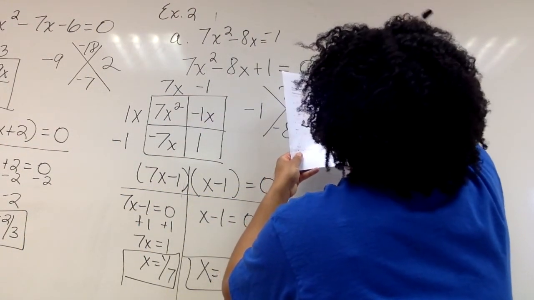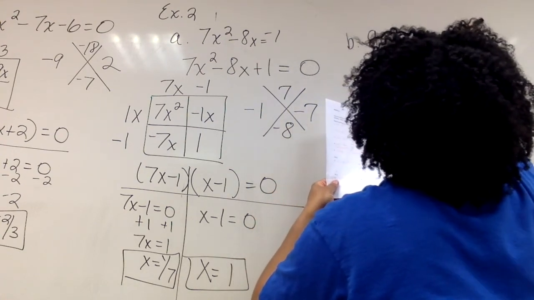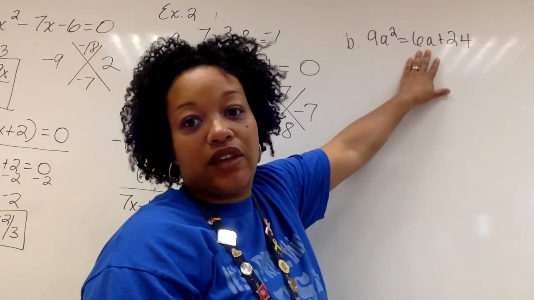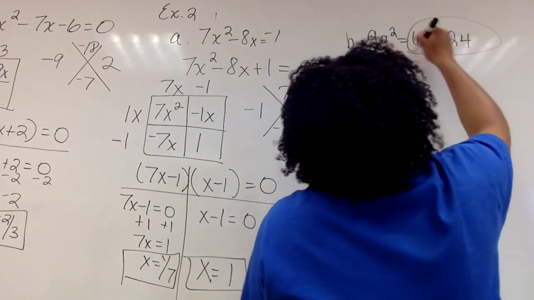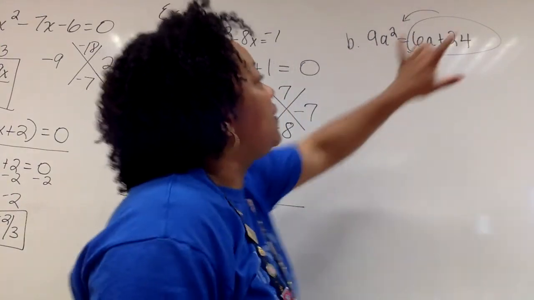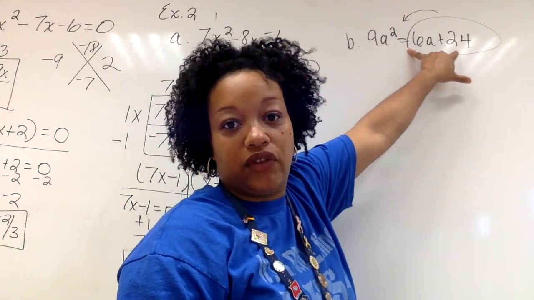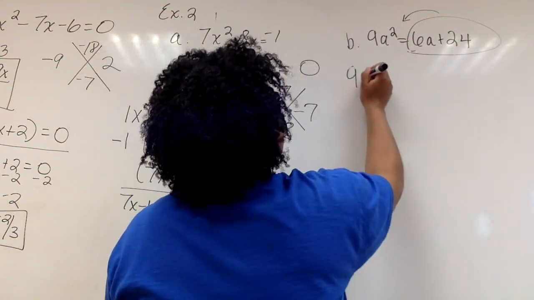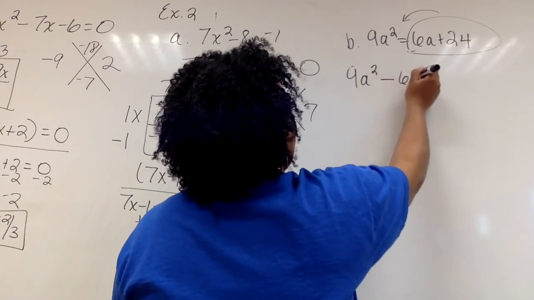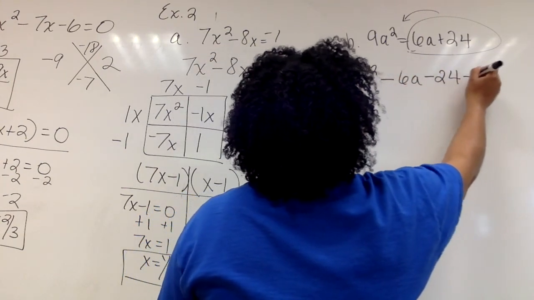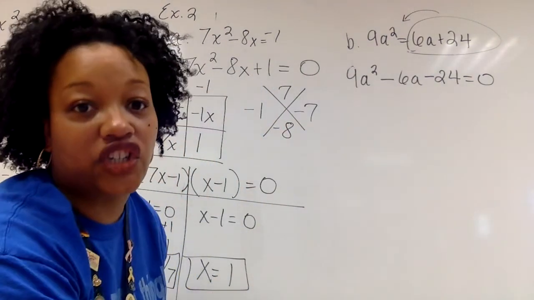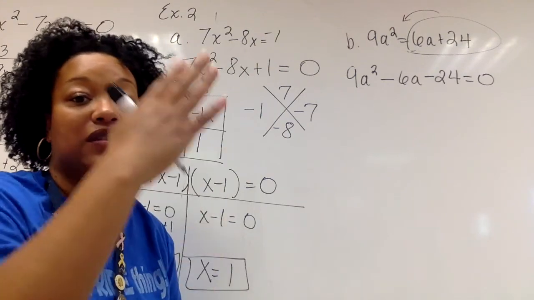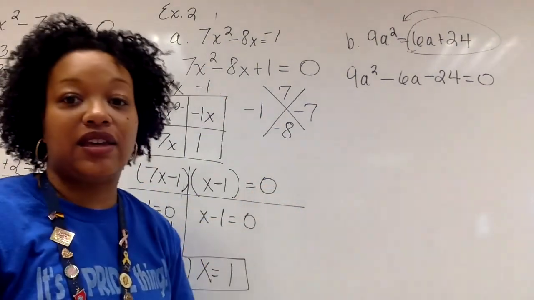9a squared equals 6a plus 24. Now, I'm going to start you off so then you can handle it. Clearly not equal to 0. All of this needs to be moved over to the other side. So that means both terms, the sign is going to change. Both terms, not just the one on the end, both terms. So I have 9a squared minus 6a minus 24 equals 0. You finish it. Xbox, GCF, binomials, separate them, solve. You finish this, and then we'll be